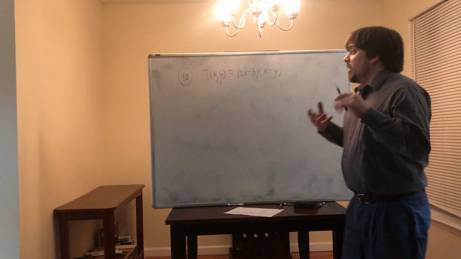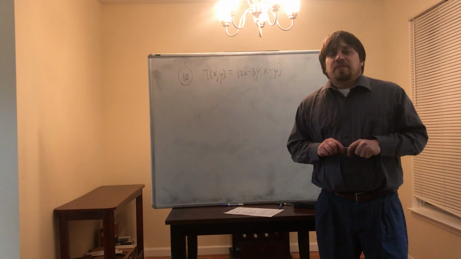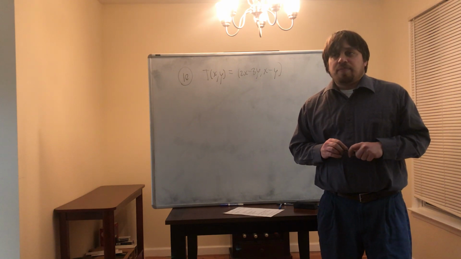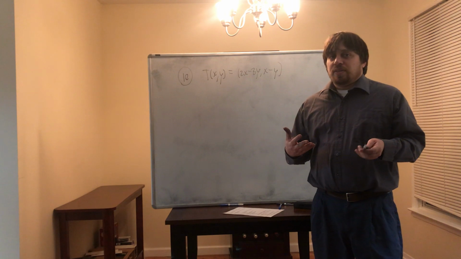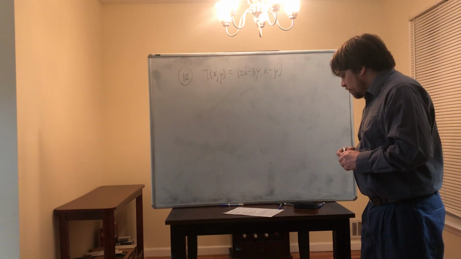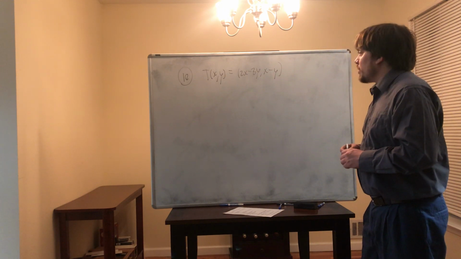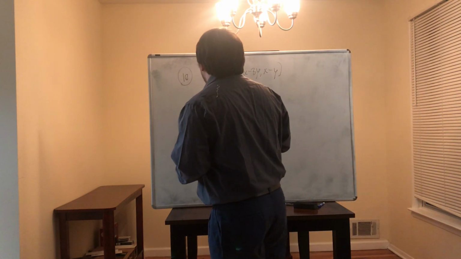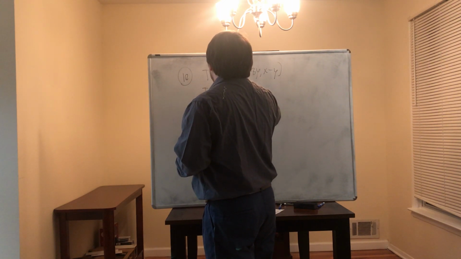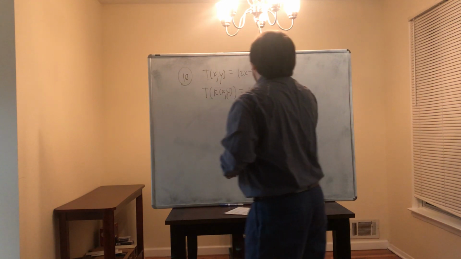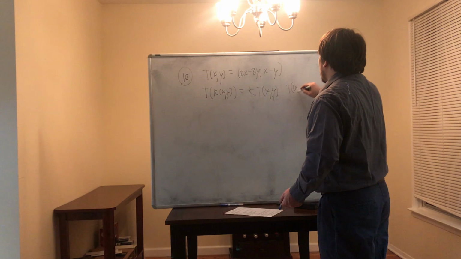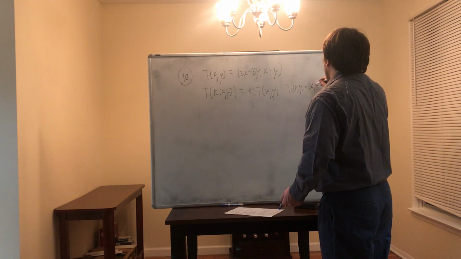If we can show that T is a linear transformation, that means it's also a matrix transformation, because every linear transformation is also a matrix transformation. So let's do that. In order for it to be a linear transformation, it needs to have the homogeneity property, which is T of k times (x, y) equals k times T of (x, y). It also needs to have the additive property, that T of (x, y) plus (x prime, y prime)